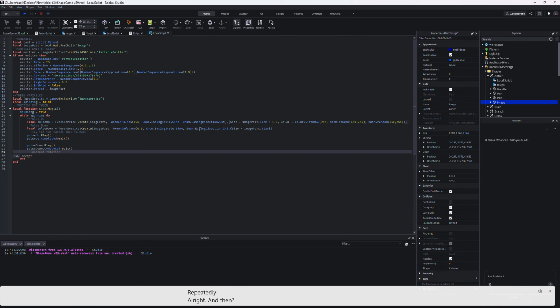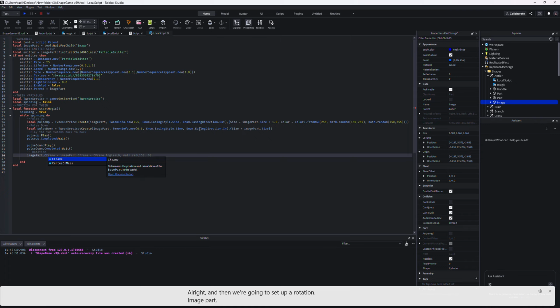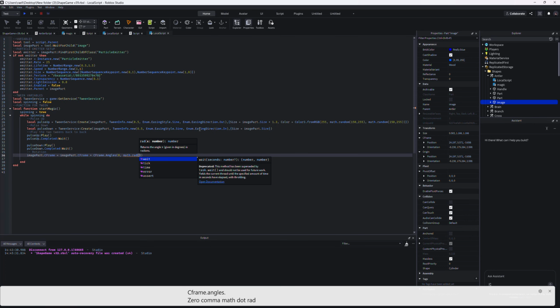Alright, and then we're going to set up a rotation. So image part.cframe equals image part.cframe times cframe.angles (0, math.rad(15), 0). So what this says